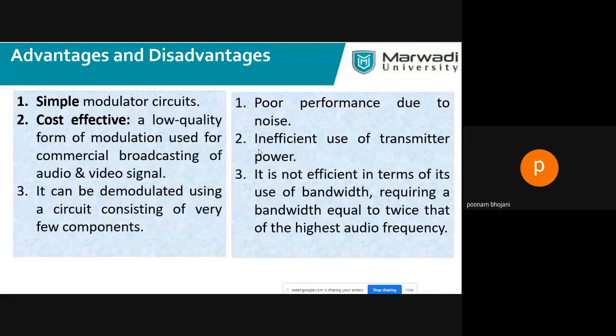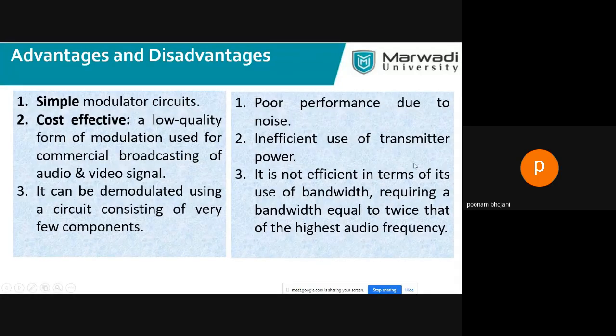So why send the two signals? Whenever you are sending two signals, it means you are not using your power efficiently. So two sidebands are not necessary, and that's why the single sideband technique came into the picture. But the single sideband technique has its own disadvantage. To overcome the disadvantages of single sideband and amplitude modulation, there is another technique, vestigial sideband, which is actually used for TV broadcasting.